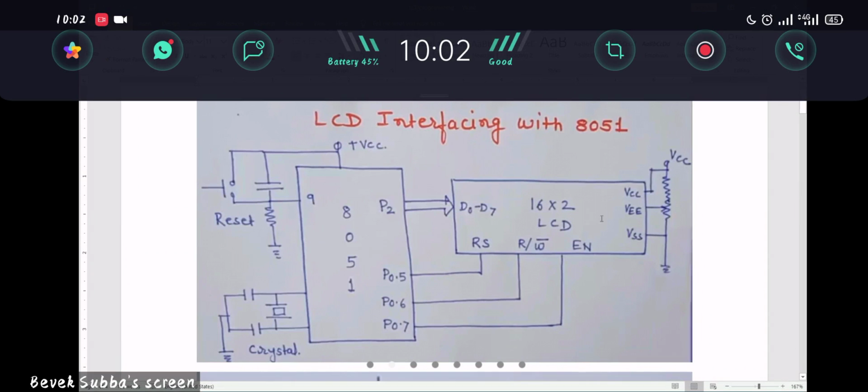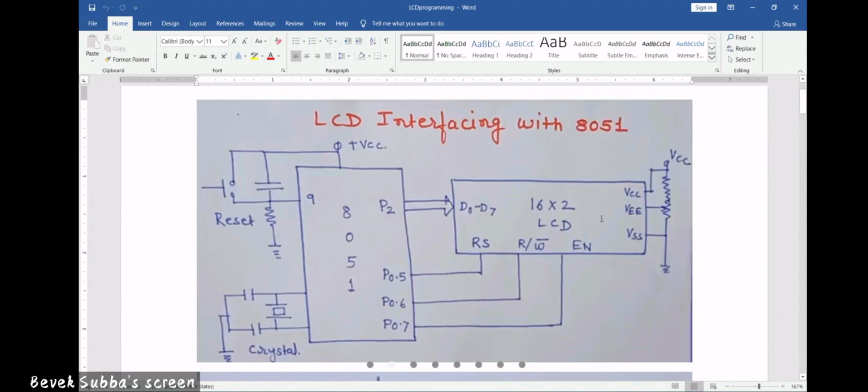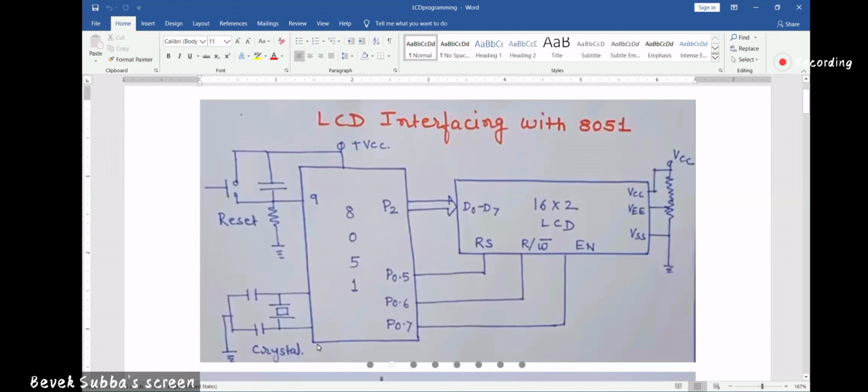This is for adjusting the brightness. This is for reset, this is for frequency. Pin number 9 is used for reset. Which pin is used for frequency? Which pin is for VCC?